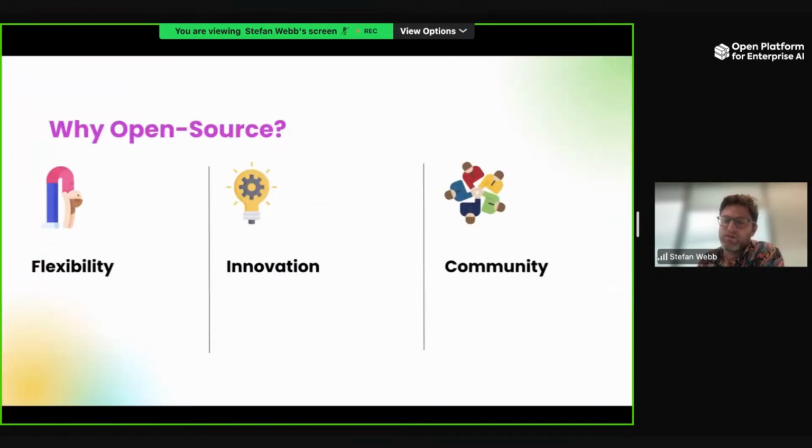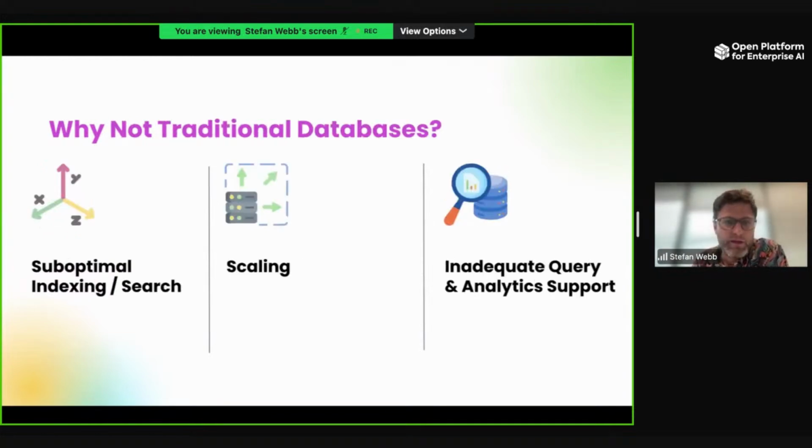And thirdly is the community. There's a really good community around Milvus, and I'll provide some links later on. We have a very active Discord where you can chat to a developer advocate like myself. We're also very active on LinkedIn and Twitter. I'll tell you more about that at the end.